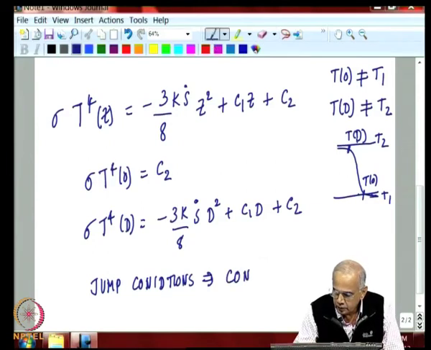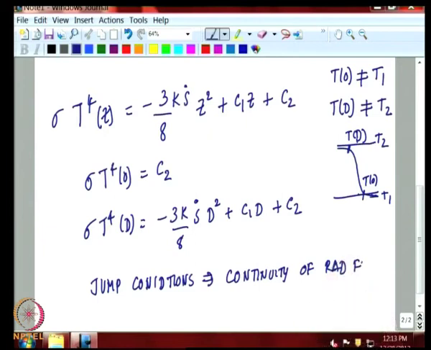So, this is always guaranteed in any problem. Although the temperature is not continuous, the flux has to be continuous. And from the continuous flux, we have two conditions which we had derived earlier, if you recall,